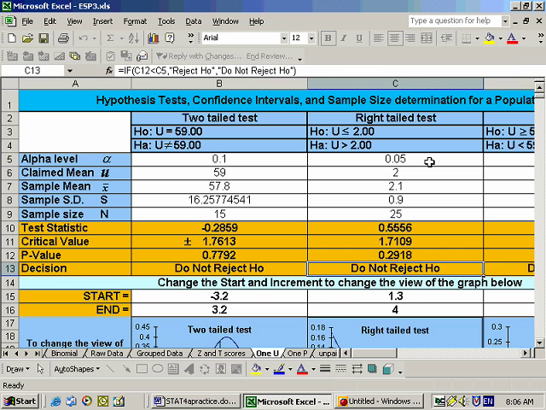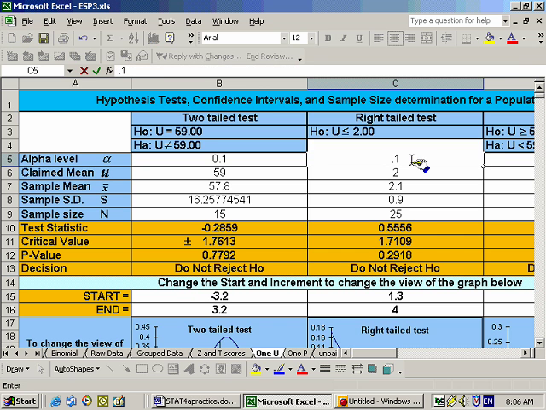On part B, it says run this at the 0.1 alpha level. So all we need to do on part B is change this to 0.1, and it doesn't change anything. We still do not reject the null hypothesis. So since we don't reject it at the 0.1 alpha level, moving on to part C, it says summarize it